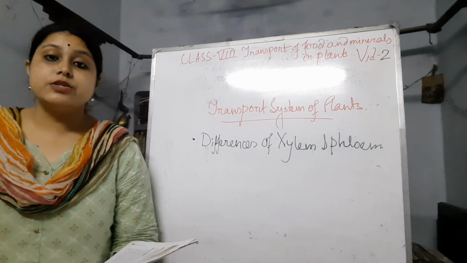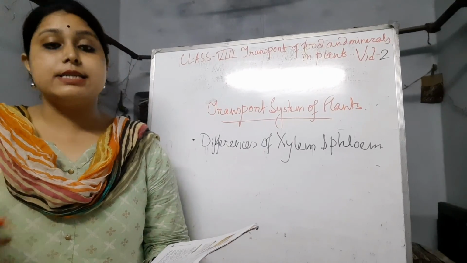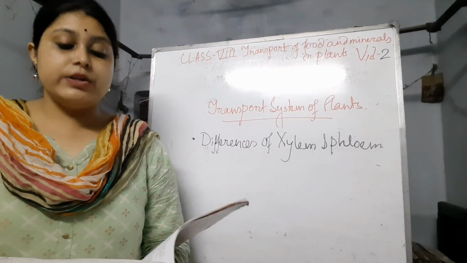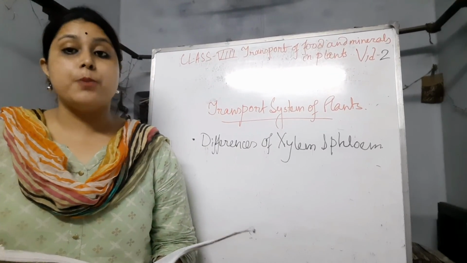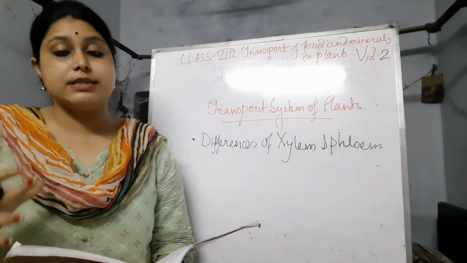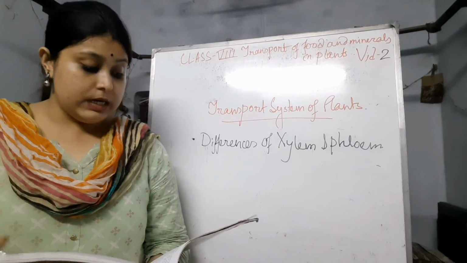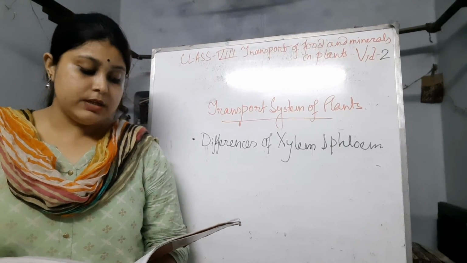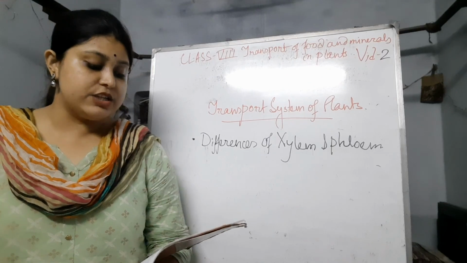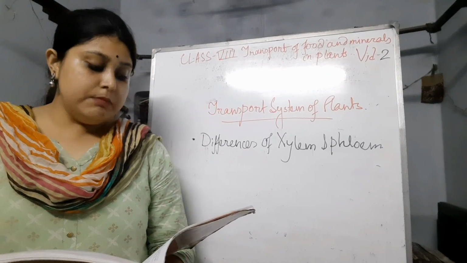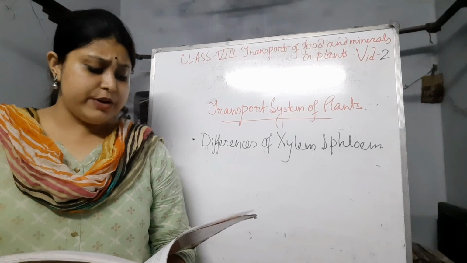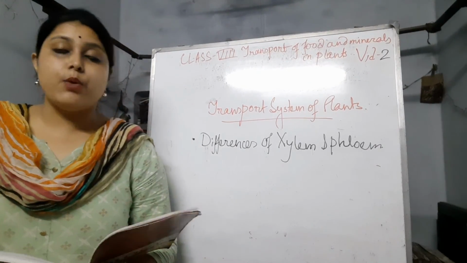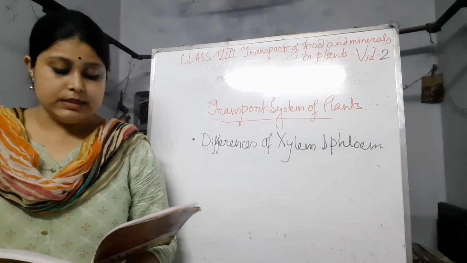Students, I think you understood the procedures and steps of the absorption of water from here. In the next video we are going to discuss the absorption of minerals. In this video we only discussed the absorption of water. One more thing I want to mention: the transportation of materials in unicellular organisms such as Chlamydomonas and simple multicellular plants like Spirogyra occurs mainly by diffusion, and the absorption of water in higher plants I already discussed here.